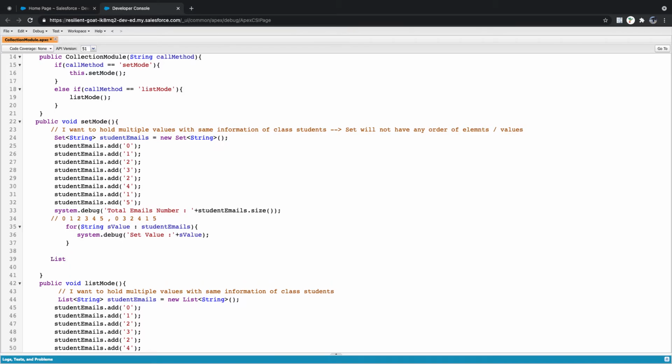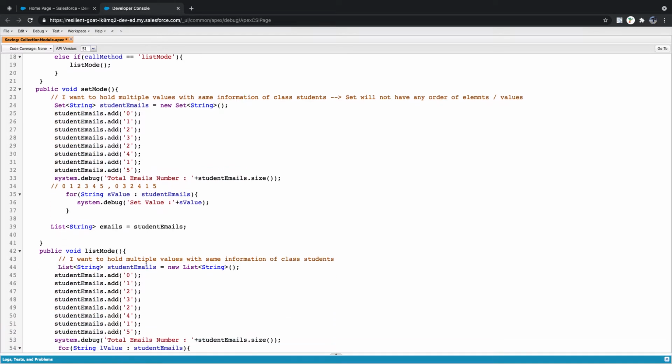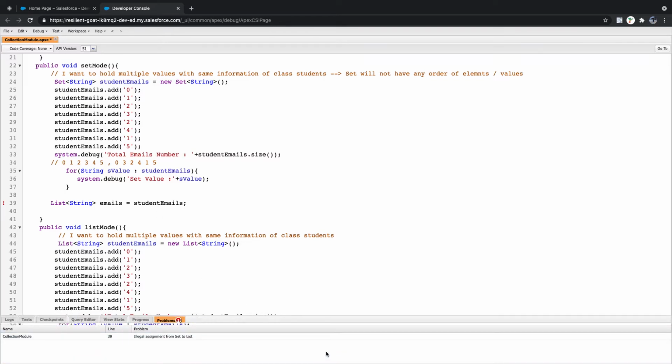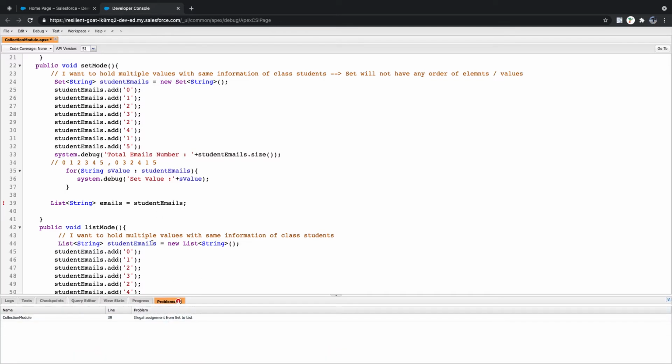Can I simply do it like this, list of string emails equal to, can I do it this way? Is that possible to do? Direct assignment. What is it showing? Error. Illegal assignment from set to list.